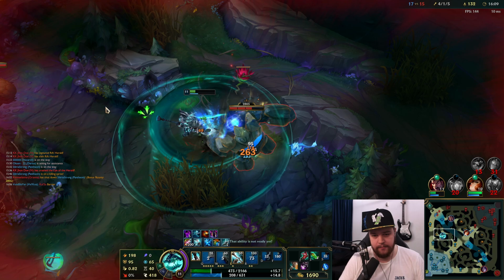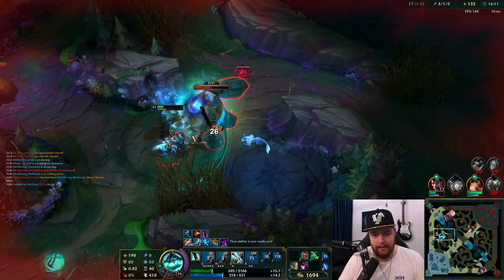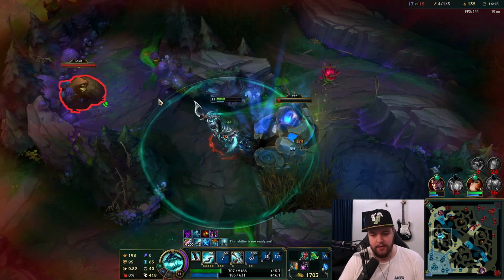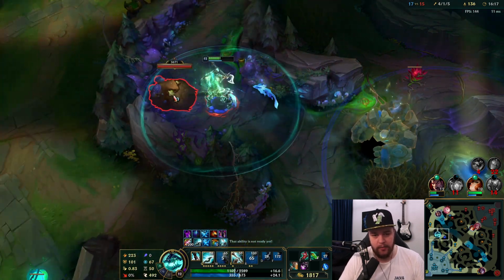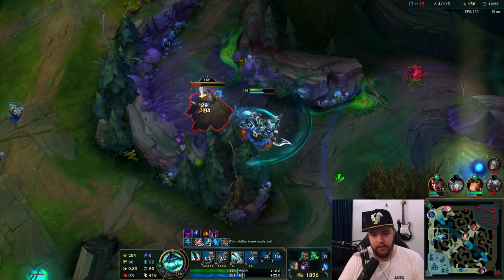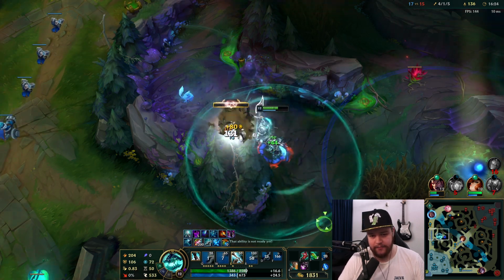Okay, not bad. Yeah, I knew I was getting pinced there. I probably should have just tried to commit out. I thought Orianna was slightly faster, but she was a bit slower than I expected. So I probably had more room to walk out without ulting. But that wasn't really going to be a fight I could go for afterwards anyway, so...